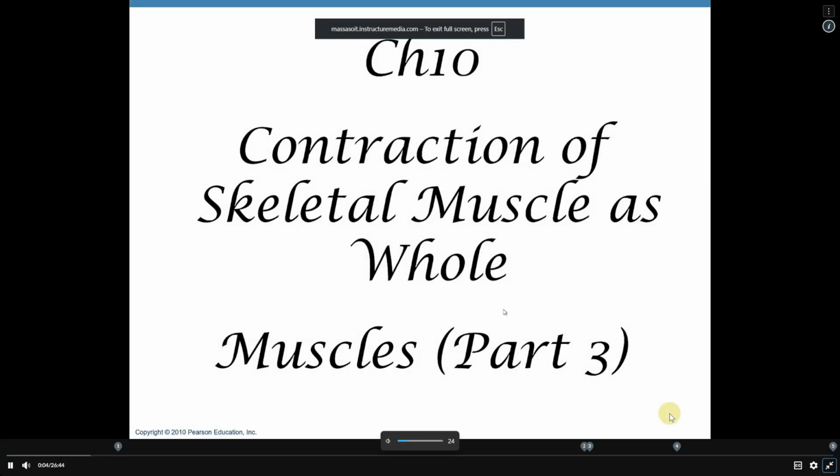Video is about contraction of skeletal muscles as a whole. Make sure you print out the PowerPoint for Muscles Part 3 so you can fill it out as you're watching